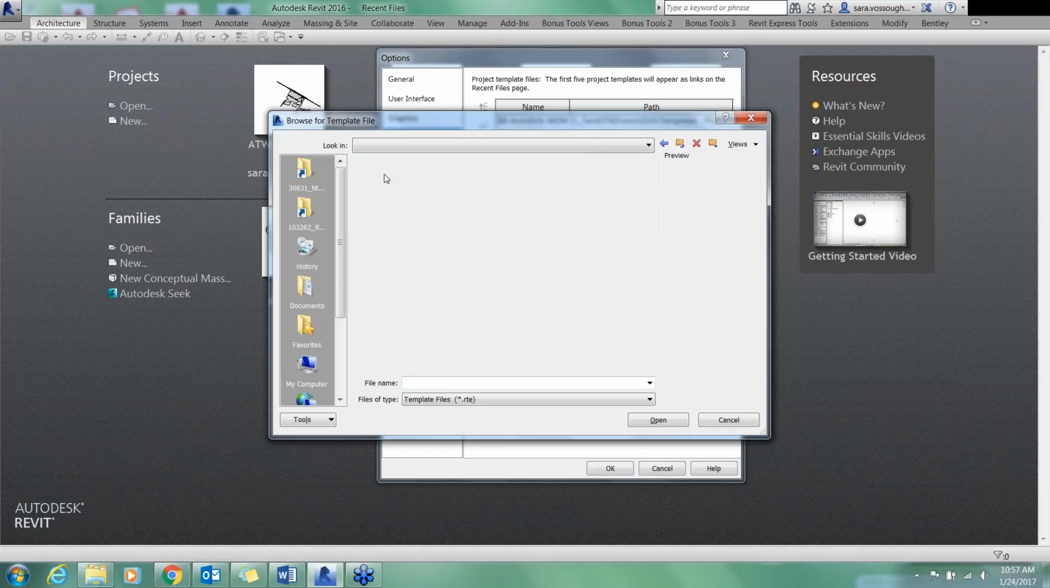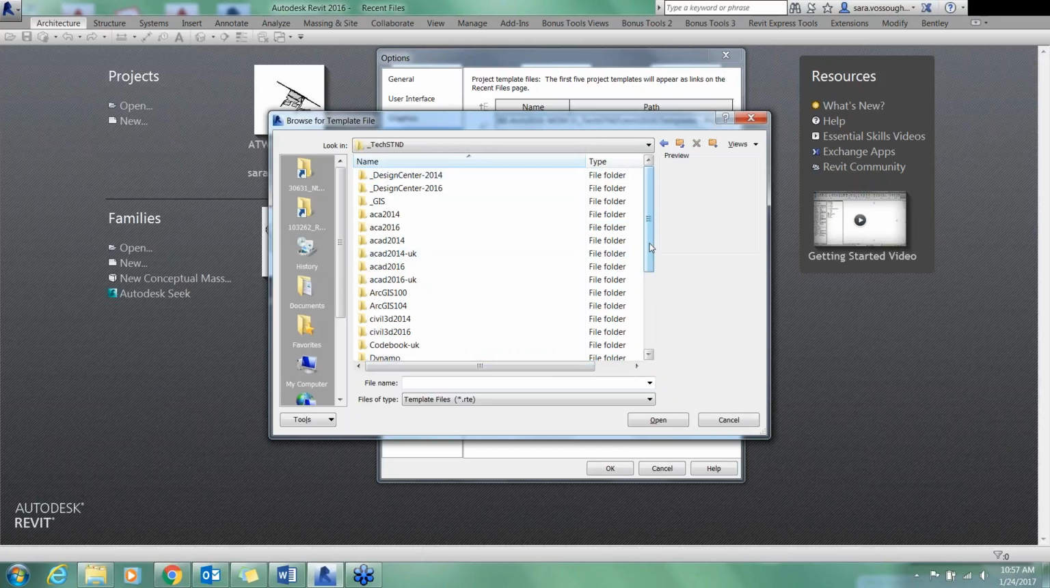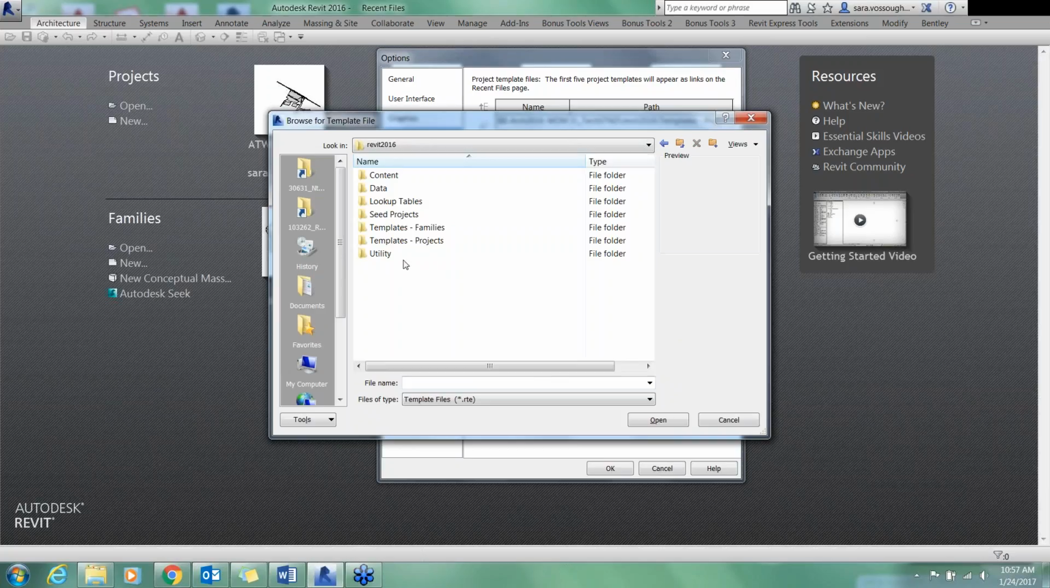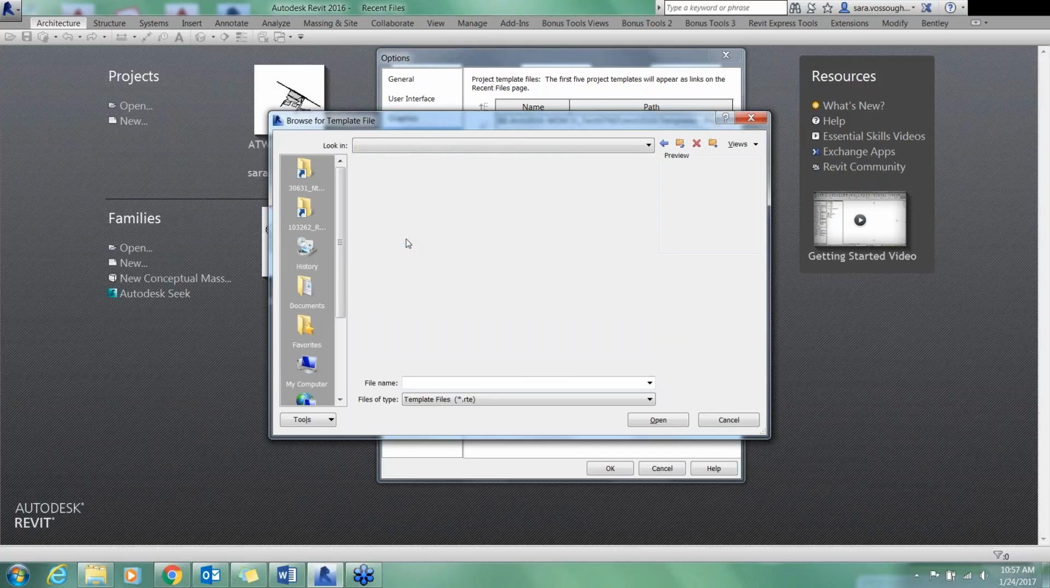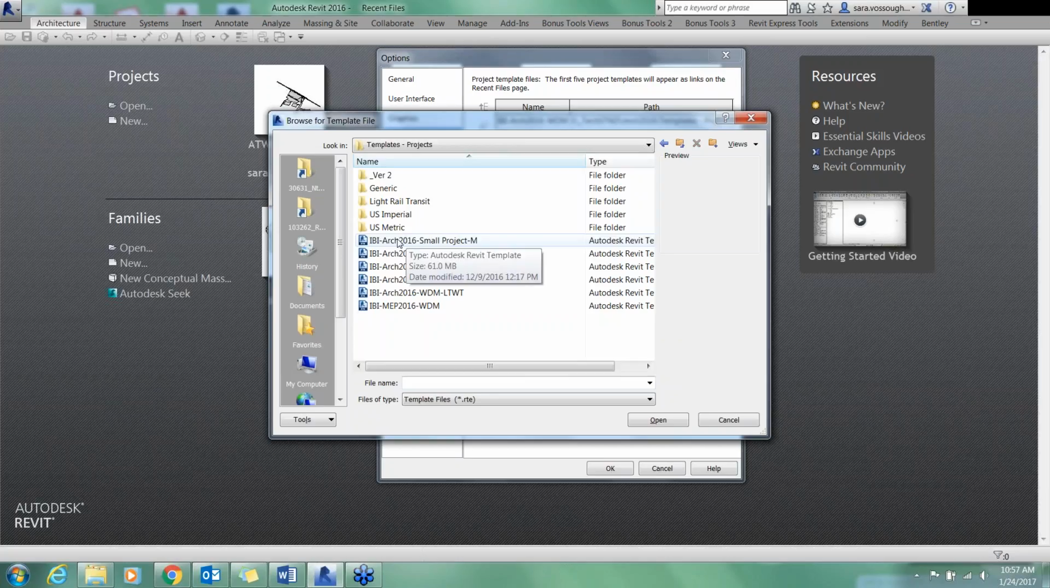I, Technical Standards, Revit, Projects, and then you can add any of them that you need. This small project is really particularly made for smaller projects, and the ones that you really need to have in there to avoid going through folders to get there is